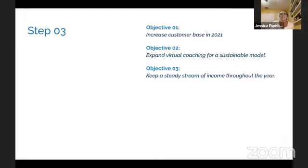Expand your virtual coaching for a more sustainable model. So we don't know when COVID is going to end. We might have a vaccine, we might not, we don't know. Who knows? Again, we'll stay out of that political conversation, but regardless of where we go in the